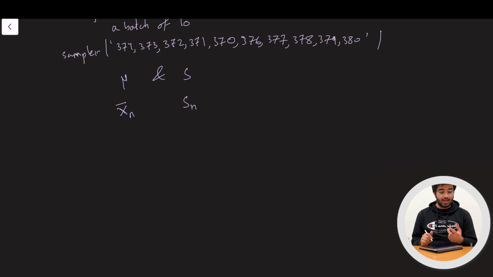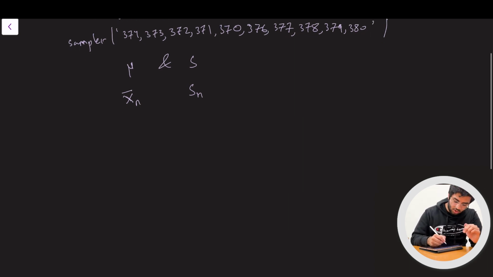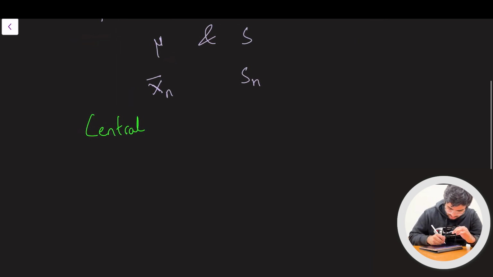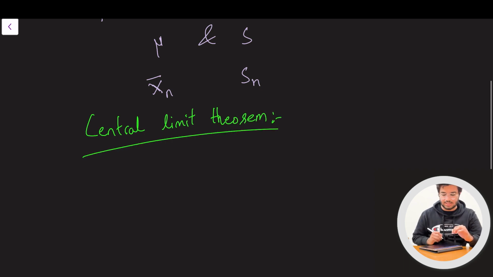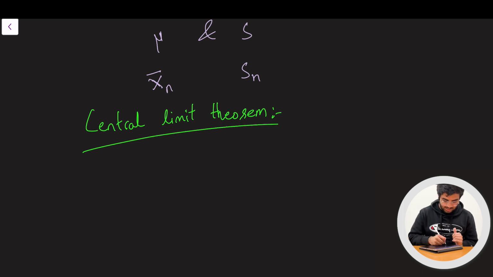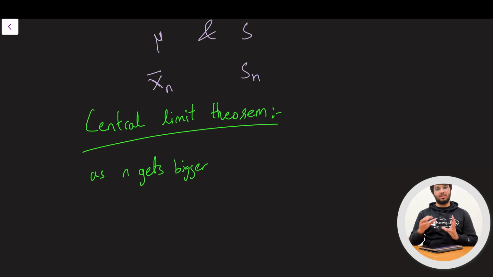Now, how do we find that? We use what's called the central limit theorem. Now what is this? It states that as n gets bigger, so as the number of samples gets bigger and bigger, x bar of n gets,